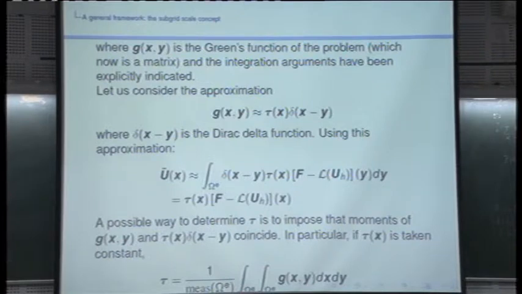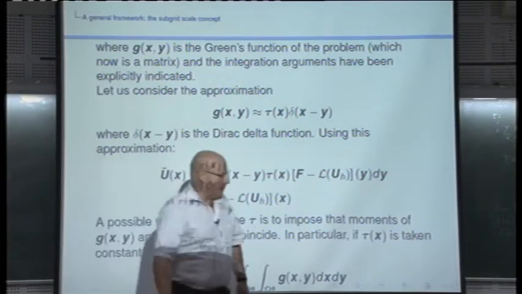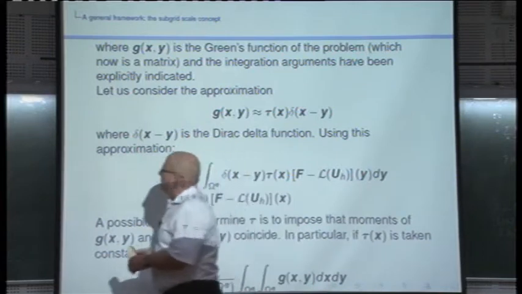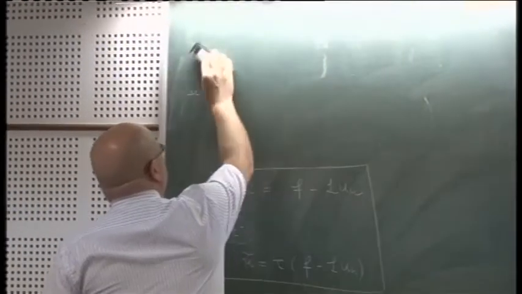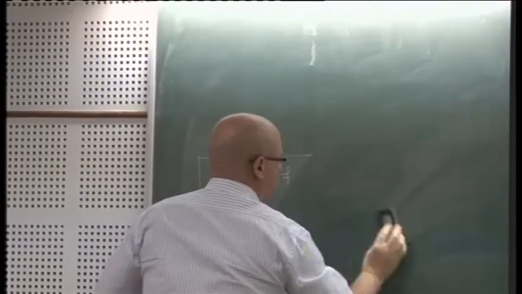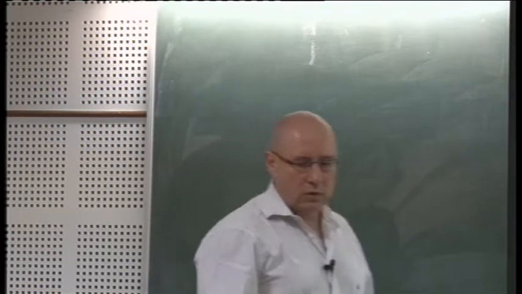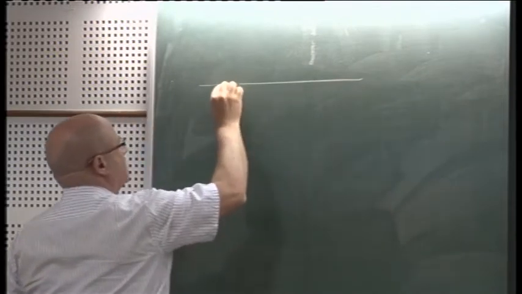In other words, let me insist on that because this is, I think, important. You know that we have started from the assumption that the subgrid scales vanish on the element boundaries, right? So let me plot what happens in 1D and for the convection diffusion equation with constant coefficients. Suppose that we have constant coefficients even in 1D. So